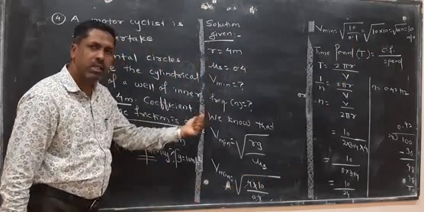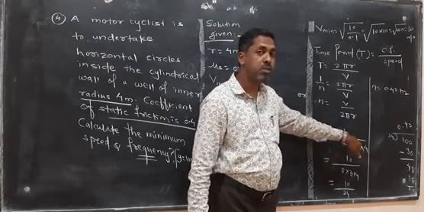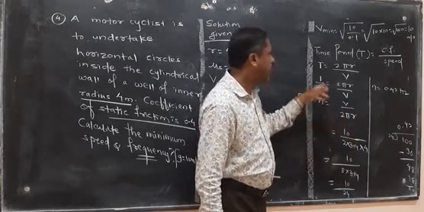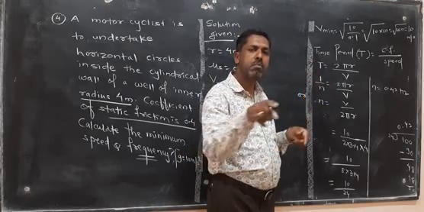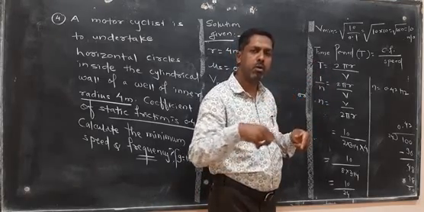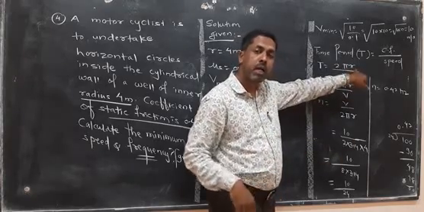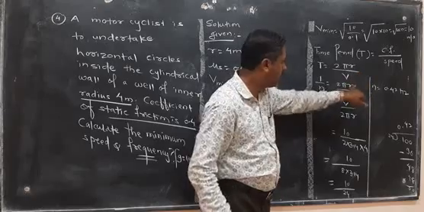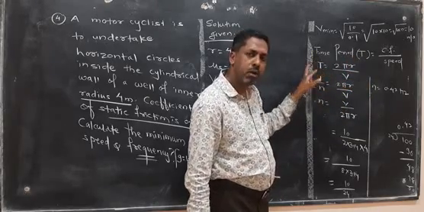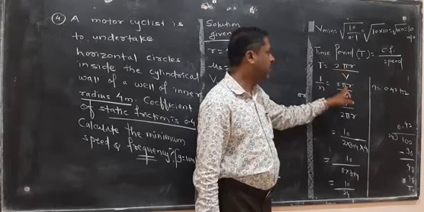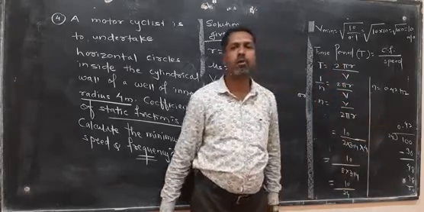Frequency n is asked. What is frequency? It is v upon 2 pi r. How is it v upon 2 pi r? Frequency is the reciprocal of time period. In a well, the stunt performer requires a certain time to revolve around the well. That is the circumference, and to revolve it requires a certain speed. So T is equal to 2 pi r upon v. As period is the reciprocal of frequency, 1 upon T is equal to v upon 2 pi r, or n is equal to v upon 2 pi r. Put the values. We get finally 0.42 hertz.